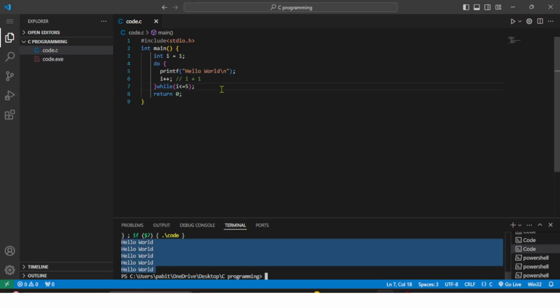So I hope you have understood the do while loop. This is the special type of loop. You have to remember that it is the special type of loop that runs at least one time. Then, let's see another program, let's say int i equal